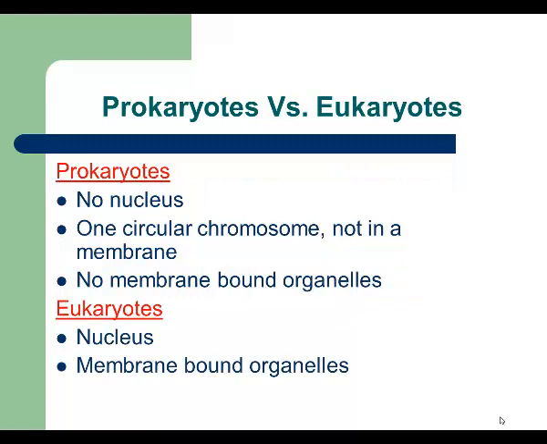Let's repeat it once again. So, prokaryotes, bacteria and archaea, have no nucleus, and all their genetic information is written down in one circular chromosome. It's located in well-defined area in cytoplasm. They also have no membrane-bound organelles. In contrast, eukaryotes, for example algae, fungi, protozoa, have nucleus. And also they have membrane-bound organelles in their cytoplasm.